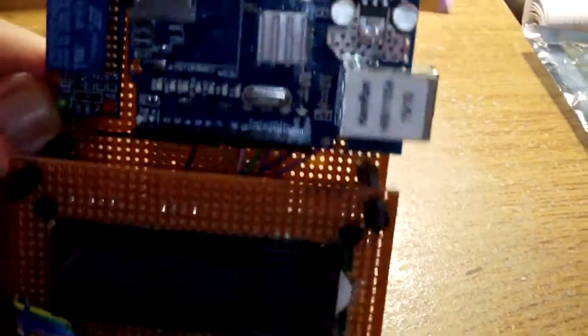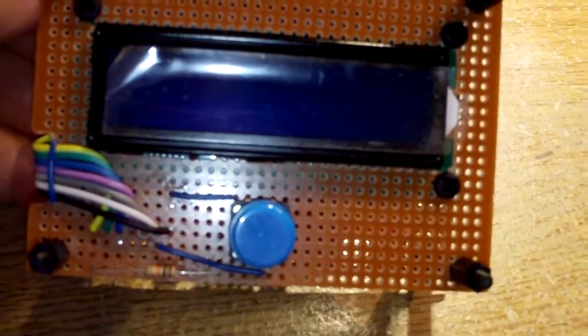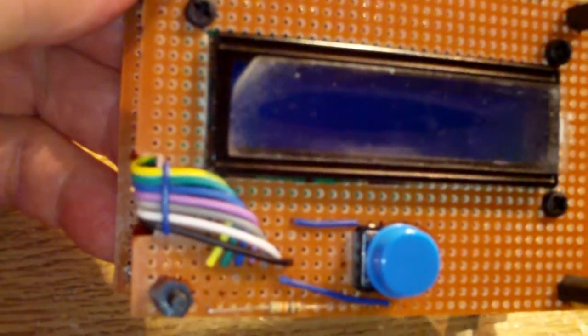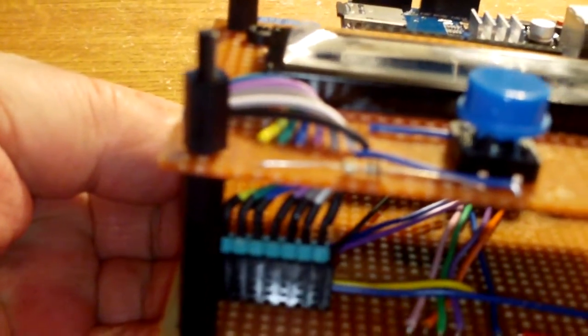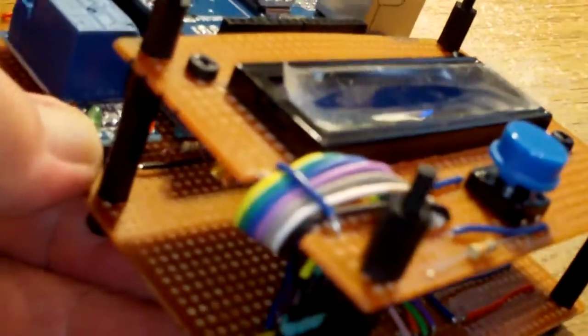Now we come around to the front. You can see the two-line display, the open button. I added a little soldered link across the ribbon cable to add somewhat of a cable restraint so it didn't keep pulling on the solder joints. And inside you can probably just make out the header and the pins plug and socket that I built. Obviously the thermofit tubing arrived so that they're all nicely covered over,